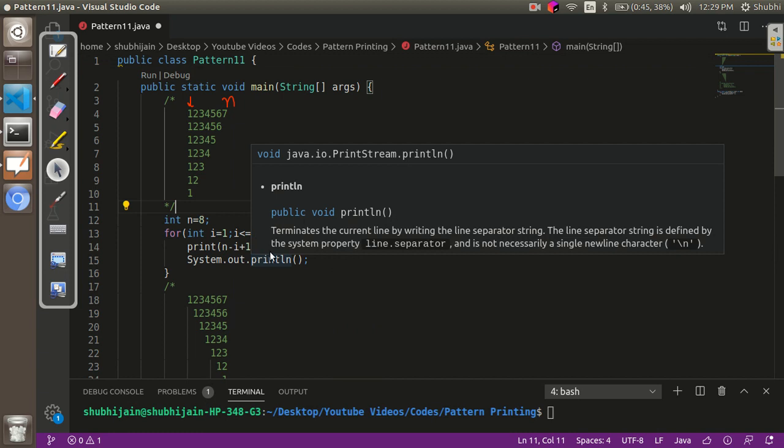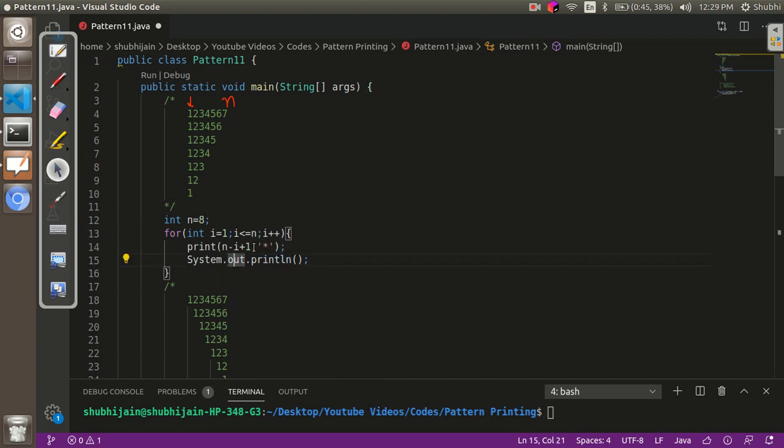Now over here we know that this number of stars were being printed every time. Now all we have to do is, instead of printing these number of stars, we are going to print numbers starting from 1 to this number. So over here this is basically our ending number.